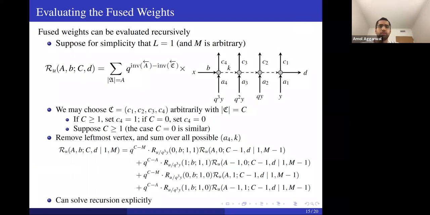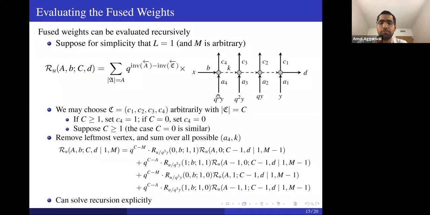Okay. So let me assume for simplicity that L is 1. So in this rectangle that I'm fusing, the height of the rectangle is 1 and the width is M. We'll let M be arbitrary, but just for simplicity, let me set L to be 1. You can do something fairly similar if L is arbitrary as well, but this will make notation much worse. Okay, so I have my fused weight RU of A, B, C, D, and by definition, I remind you,